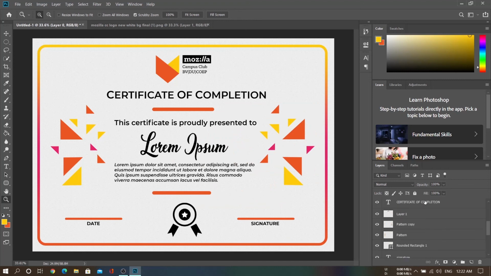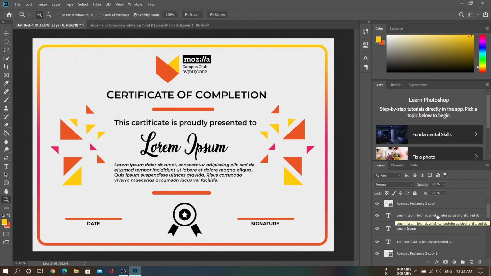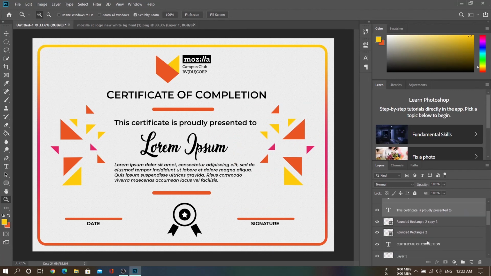Now we can group the text and the pattern differently. Just select by holding down Control and group them together by dragging over the folder option, which is called group, and we can name them as text.